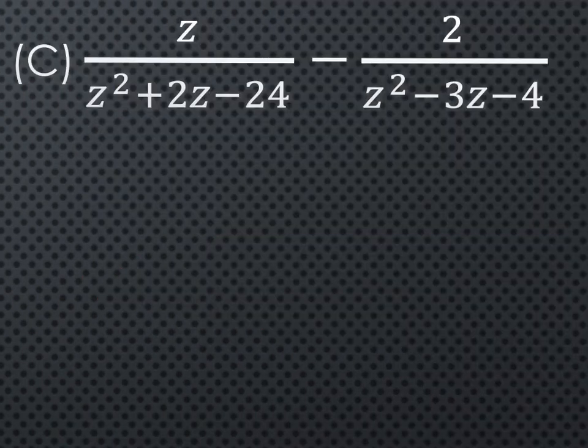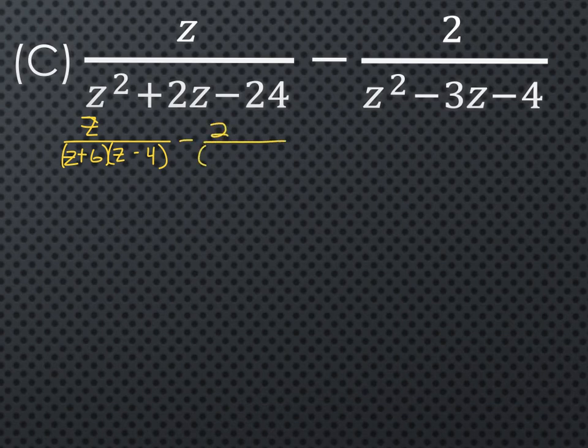Okay, so now we're ready to do example C. And notice we're going to factor our denominators. Factors of 24 that add to give you positive 2 would be z plus 6 and z minus 4. In our other fraction, factors of 4 that give you negative 3 would be z minus 4 and z plus 1. And our lowest common denominator this time is z plus 6, z minus 4,